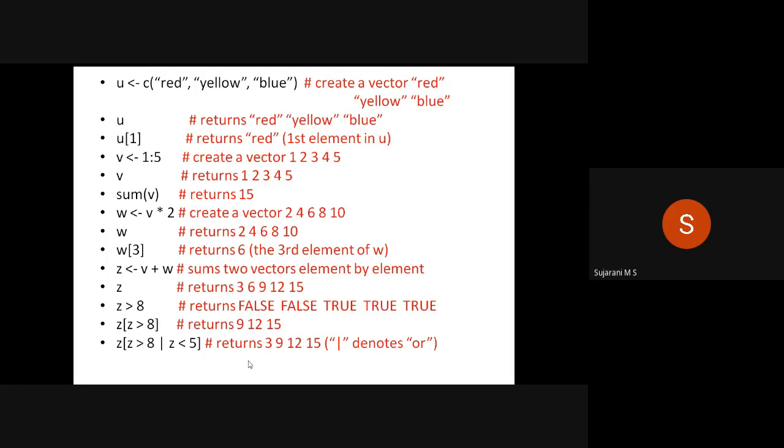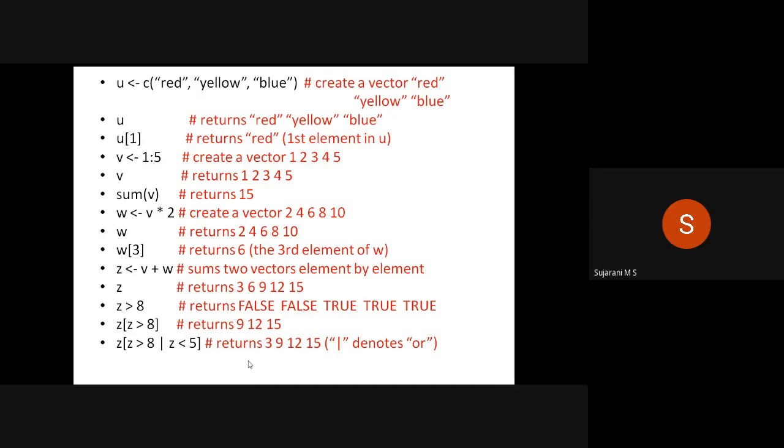Suppose you want to get a particular value in a vector, we can use a square bracket like in an array. For example, to retrieve the value red from the above vector, we can use u of square bracket 1. It returns the value red, that is, the first element in the vector.